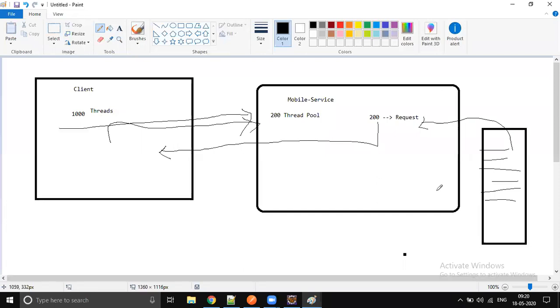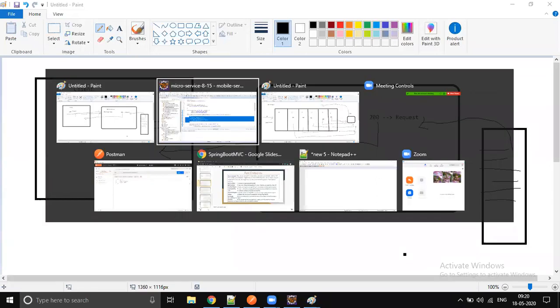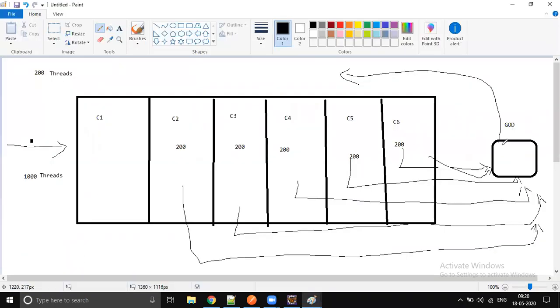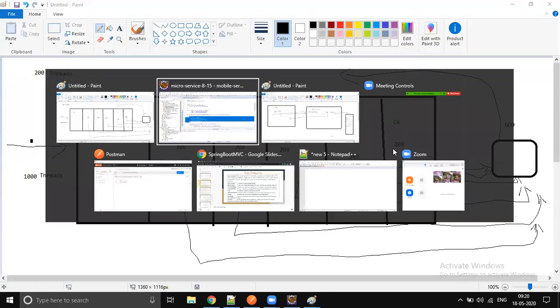First, it will keep all 1,000 requests in a queue, and it will take a batch of 200 and send it to the controller, like the actual temple. But here we are giving sufficient buffer time, right? At least 10 seconds minimum, every devotee should get 10 seconds, because he has spent a lot of time traveling. So we will give sufficient time, like 10 seconds.